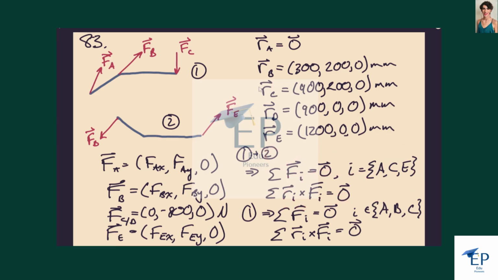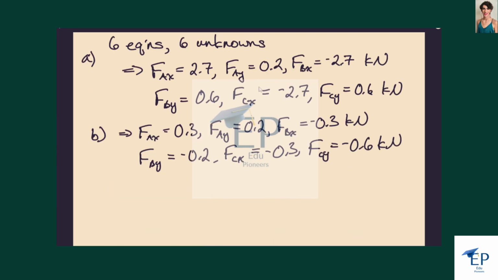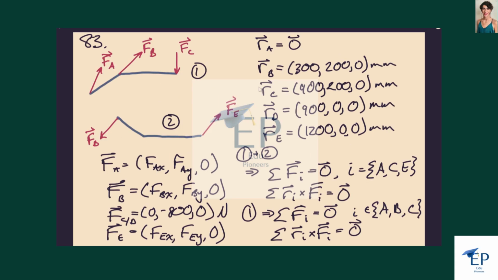And then I use just this part of this linkage here, and in that case we have A, B, and C acting. So we then get three more equations, and if you look here we have 1, 2, 4, 6 unknowns. So we have 6 equations and 6 unknowns. And if you go through the math and solve those, we can get, in the case where the load is acting at C,